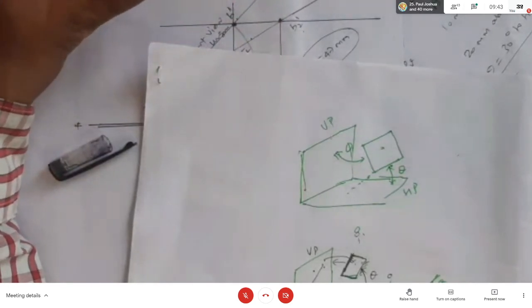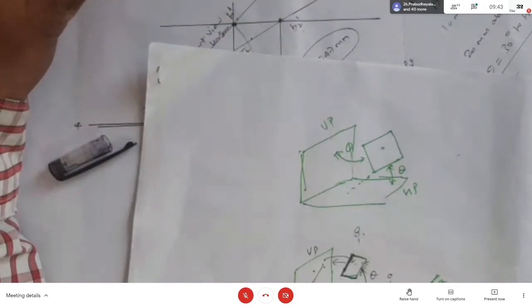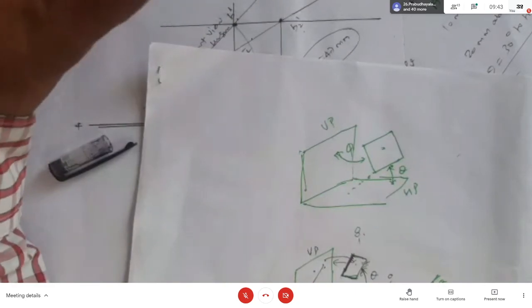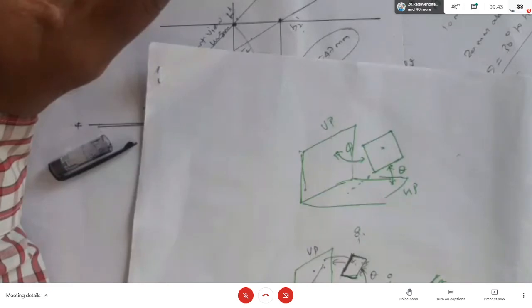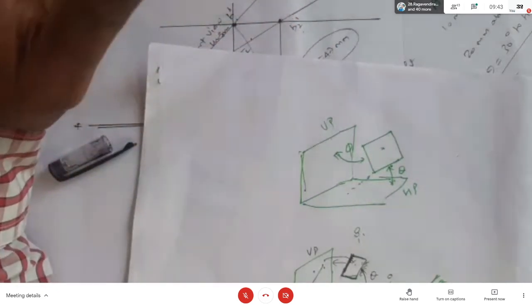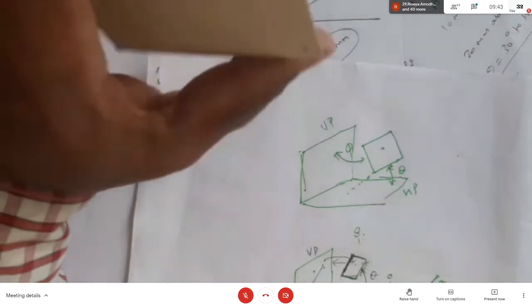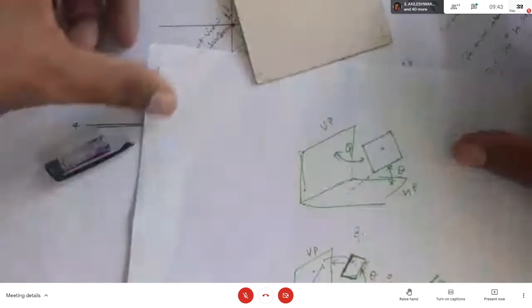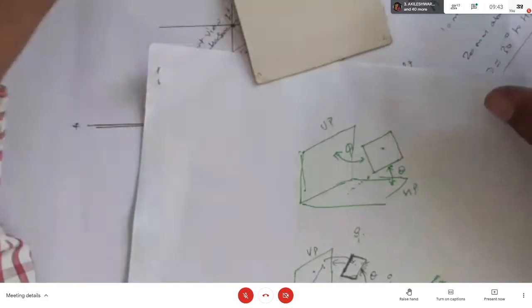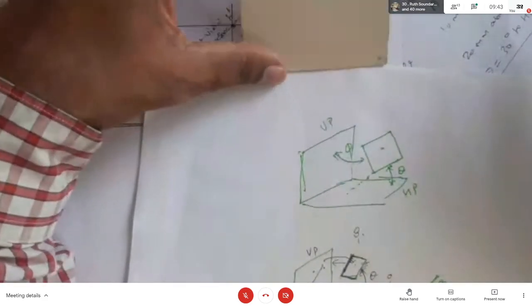And oblique planes are inclined to both HP and VP. The base side has an inclination, and the surface also has an inclination. You'll get something different. So just make some lamina like this and try to visualize in the first quadrant, and then it will be very easy. If you don't do that, further topics will be very difficult for you. Projection of solids, everything will be very difficult for you.